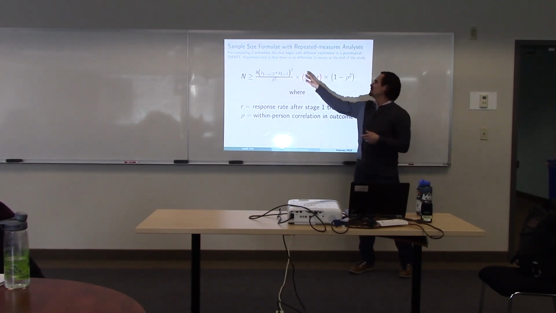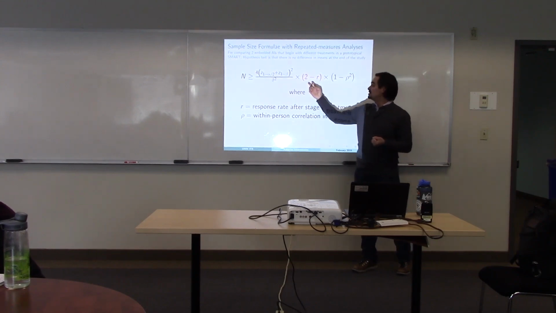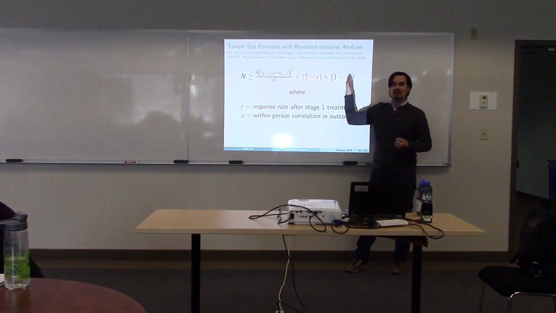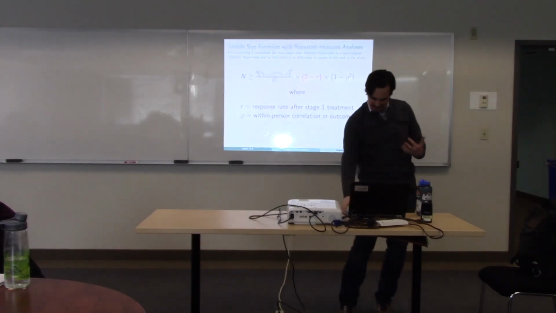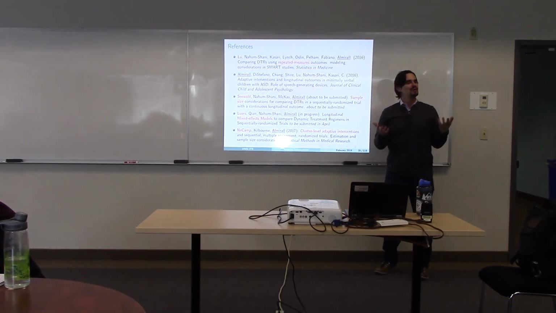Anyway, this is what we call a SMART inflation factor, because there's no free lunch. You do have to bump up your sample size relative to a 2-arm study. You have to pay a price somewhere, and it depends on your response rate. Isn't that beautiful? It's totally beautiful. All right. Anyway, I just want to be able to show you guys the type of research I do.